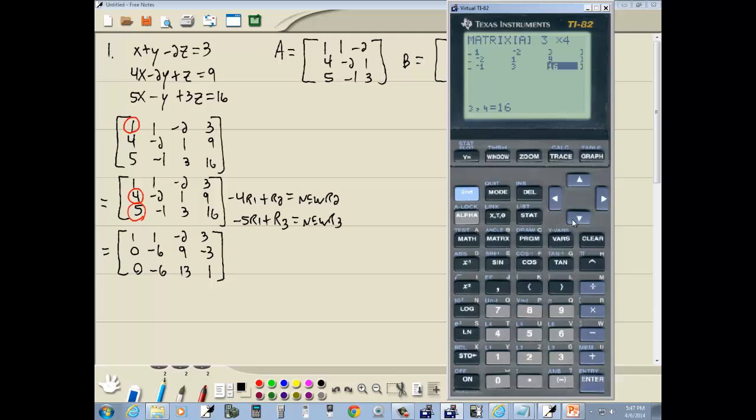Let me check all my numbers. 3, 9, 16, -2, 1, 3, -1, -2, -1, 1, 4, 5. Okay, now exit out, second mode. Now if I go to the matrix and I right arrow to math, if I scroll down,